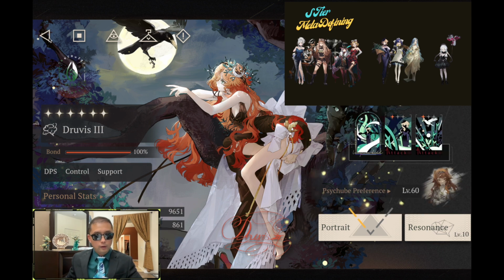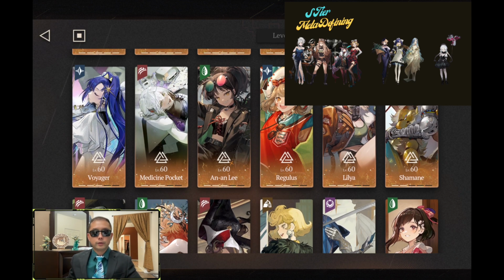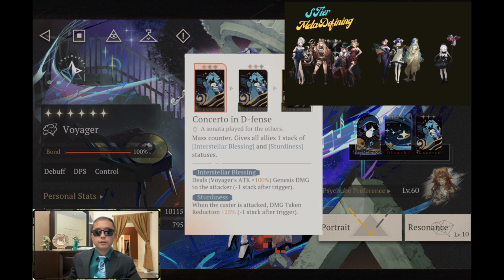And then Voyager, she has fallen off because, once again, the annoying enemies who are basically immune to control. I really don't like that mechanic. It's really lazy game design, but it's the way Blue Hawk wants to design the game, so we just have to deal, right? So Voyager, even if she is against enemies who have control immunity, she still has